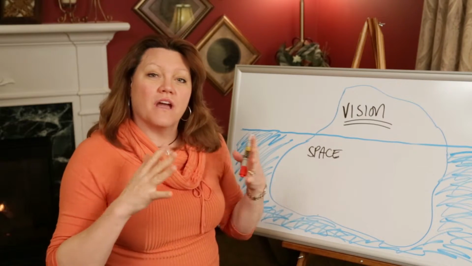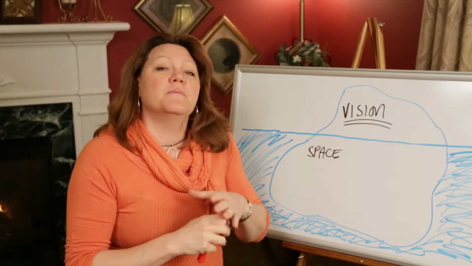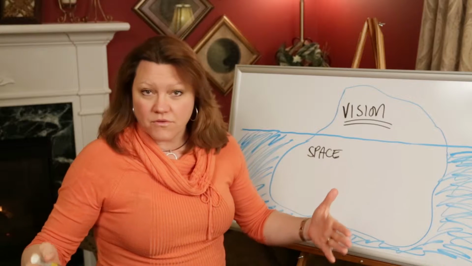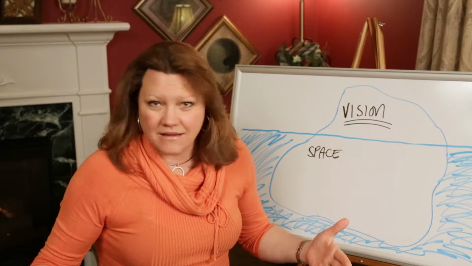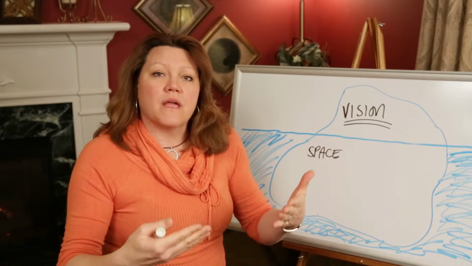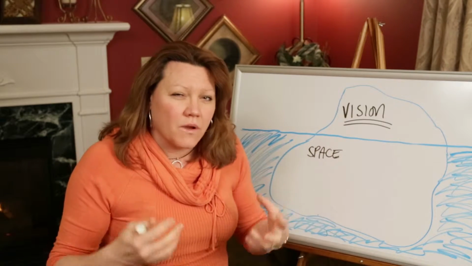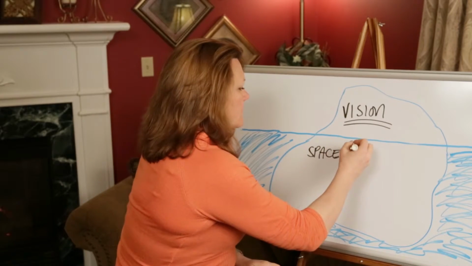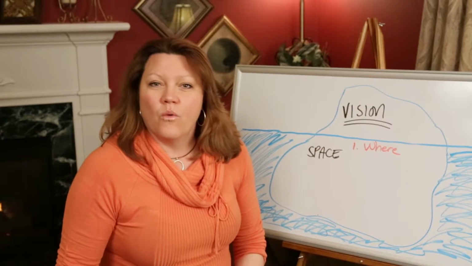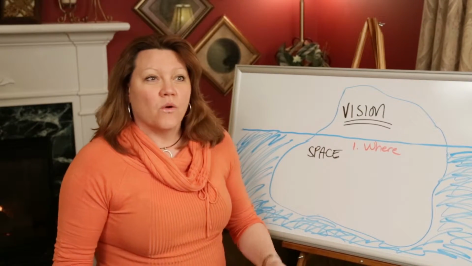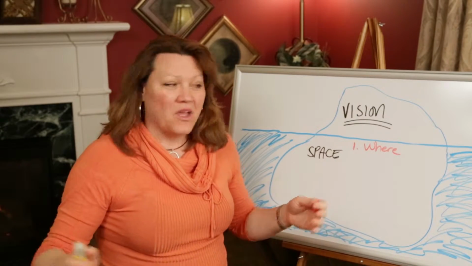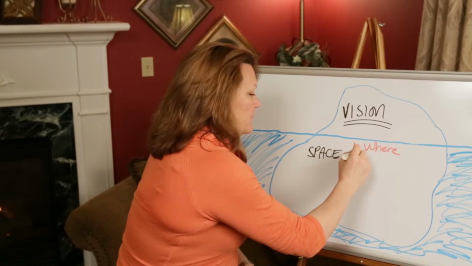If you are launching a business in the earlier stages, you need to be really clear, especially if you have children. You need to be very clear about your boundaries, because children can't see boundaries that are invisible. So if you are going to launch your business and create the space to do so, you need to think about some critical things. Number one, where is your office? Where is it located? And where is the door? And where are the areas that people come and go? You want to think about traffic flow.